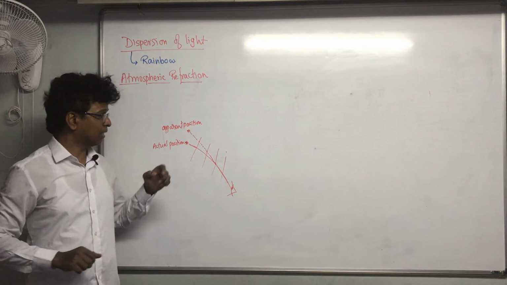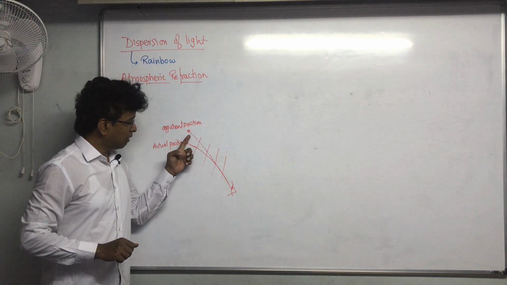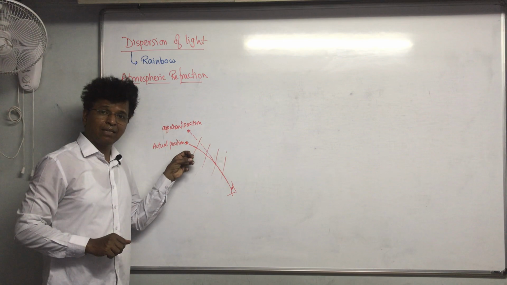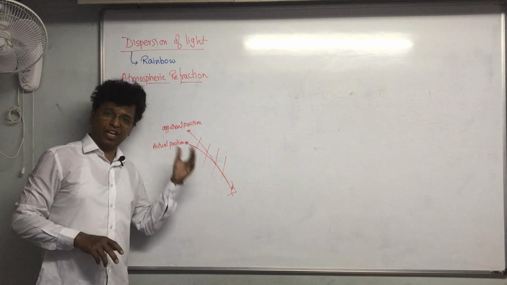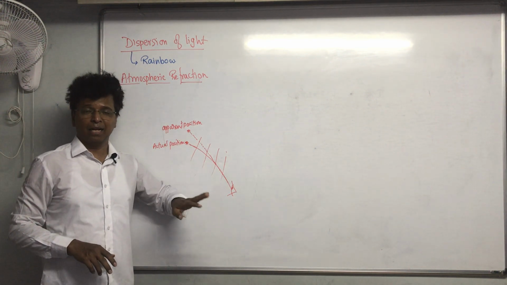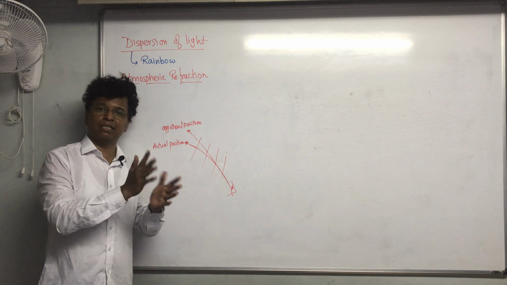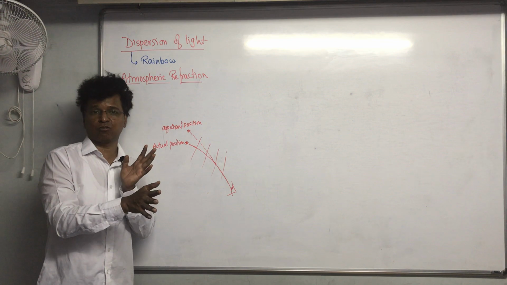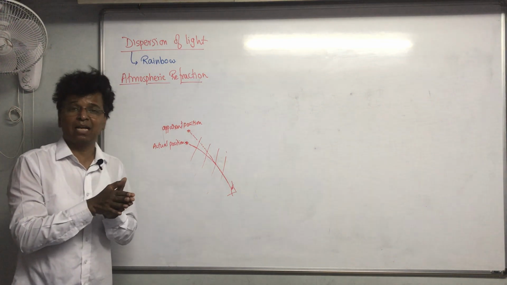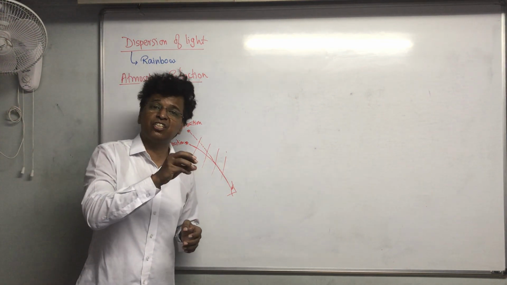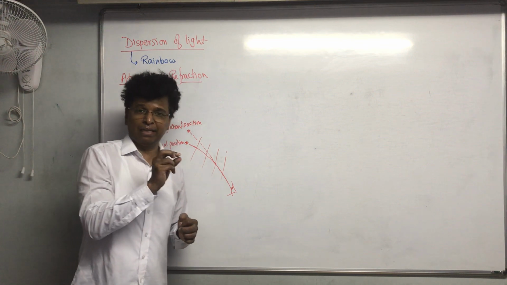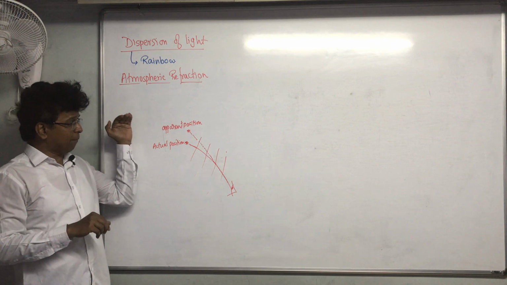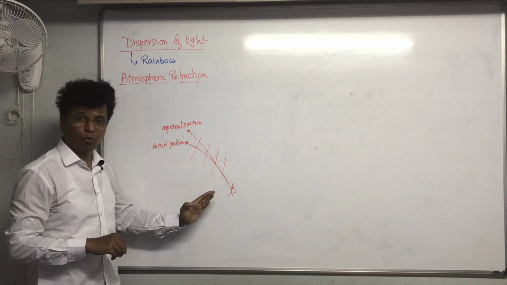But then what happens is that when the ray of light is coming from the denser medium, again there is a density change, then again the density is high, again the density decreases. Continuously the density is keeping on changing. So because of that change in density, the refraction also is taking place, and at that time the intensity of the light also continuously changes.